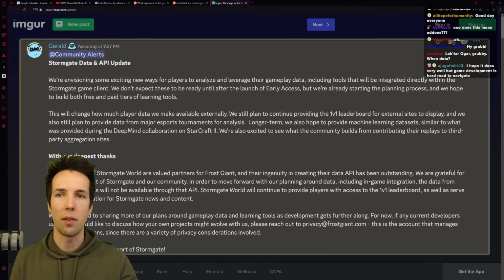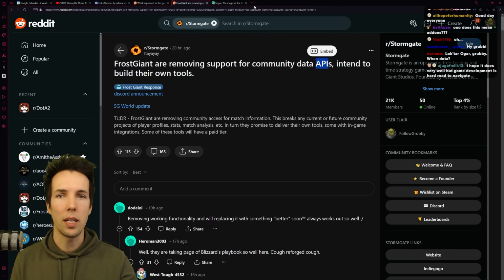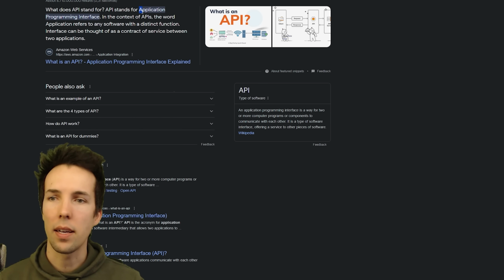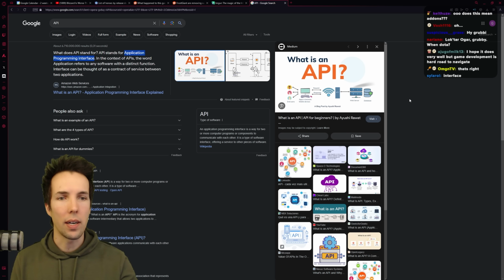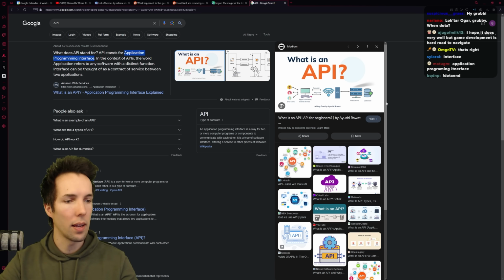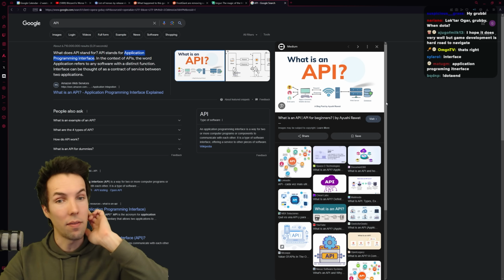This is for Stormgate, of course, and Frost Giant is removing the Community Data API. What does API stand for? Is it like access point of integration? Yeah, exactly. That's what it stands for. Application Programming Interface. It's a functionality that developers build into their game or otherwise that allows people to simply obtain useful information, right? So they are building it, it costs money to maintain, it costs money to develop, and then